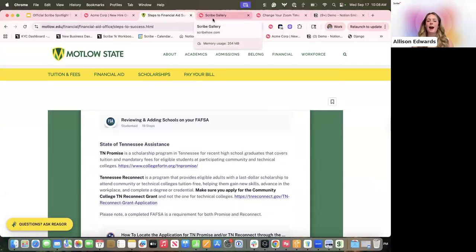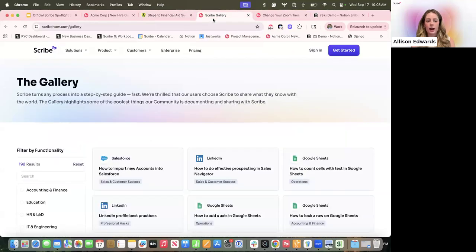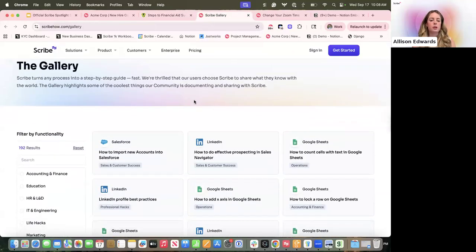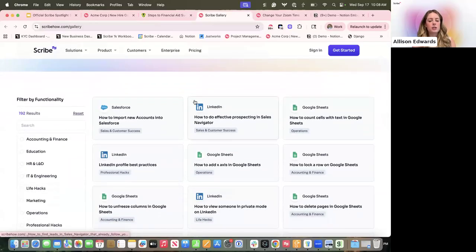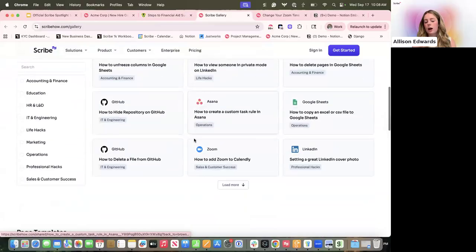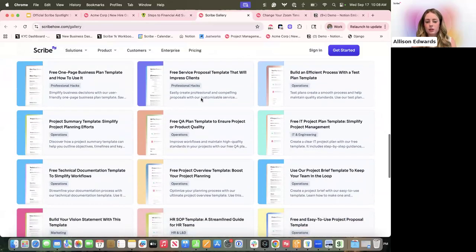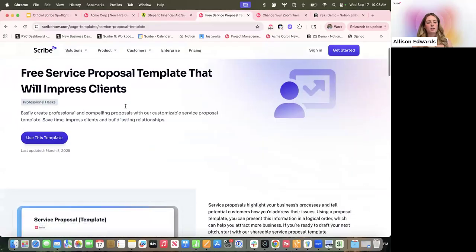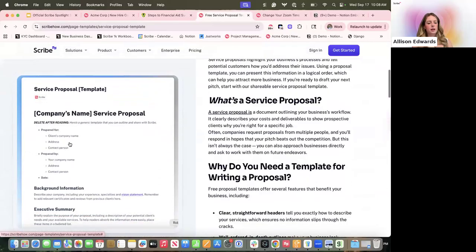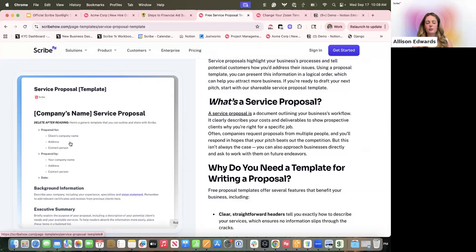And you might be wondering, okay, how would I create one? How does that work? I want to point out our gallery, which maybe Maria can drop in the chat at some point, or I can always throw it in later. This is basically our repository for scribes and pages. These are some page templates you can utilize. We have a bunch of different ones you can select from depending on your use case. This is helpful just for a general framework on how to get started. Then you can click use this template and it will give you a nice framework to get started.